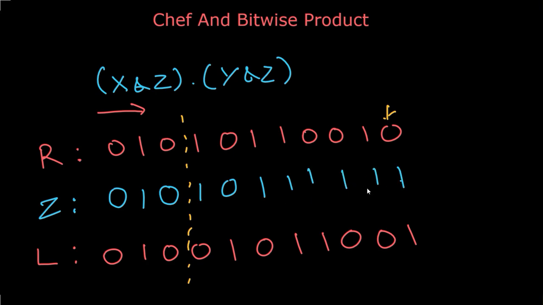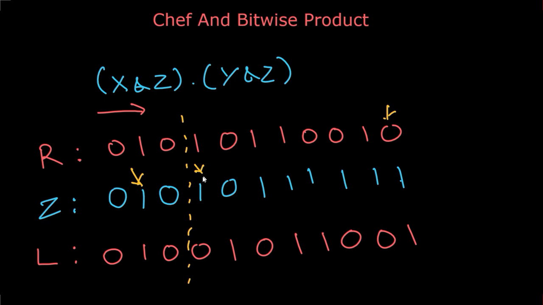Now we know that this Z value will maximize the function, but we are not done here. The problem says that we need to find the smallest Z value which maximizes the function. So to find the smallest Z value, from left, we will iterate over all the set bits of Z. So let's say we come to this bit 1. We want to make Z as small as possible. So can we make this bit 1 as 0? No, because if we make this as 0, it will not be between L and R.